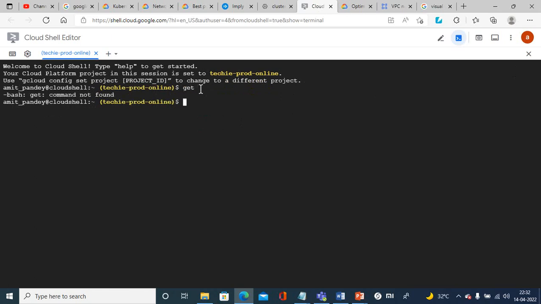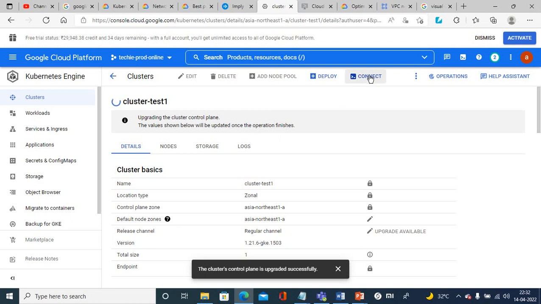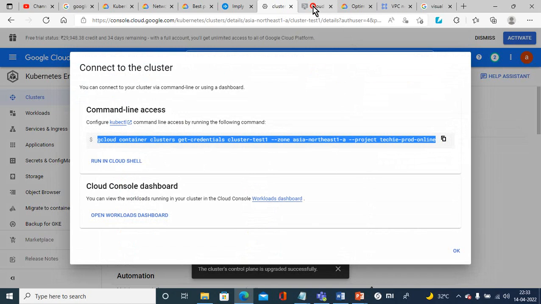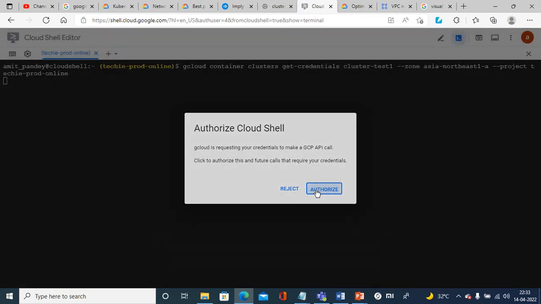Just for the testing, the CLS is working. Okay, so here go to Connect, command line access. Configure kubectl command line access by running the following command. So copy this command and paste it here. Authorize,